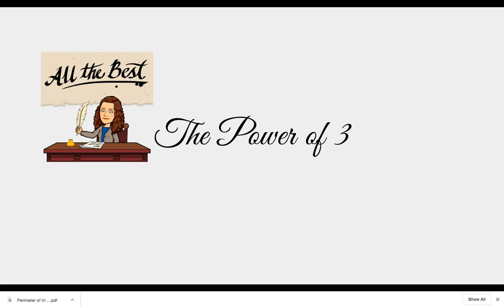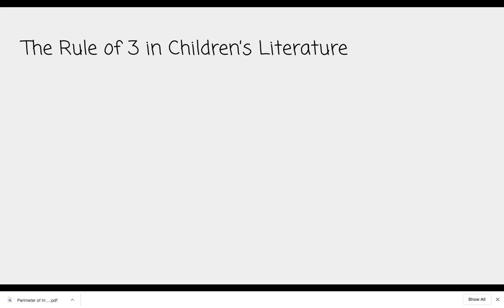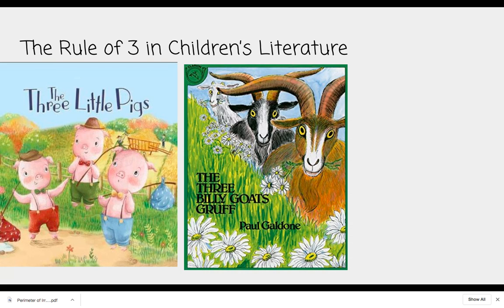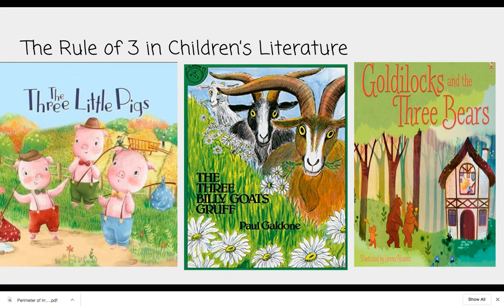And since you guys are all such great writers, I thought that you should be in on the secret as well. And the secret is called the power of three. So you can find the power of three almost anywhere, especially in children's literature. Like the Three Little Pigs, the Three Billy Goats Gruff, and Goldilocks and the Three Bears. These are just three examples, but there are numerous examples of how the rule of three is used in children's